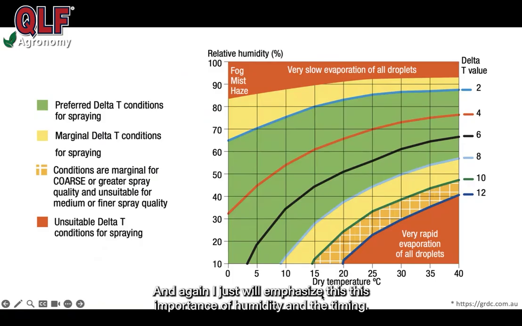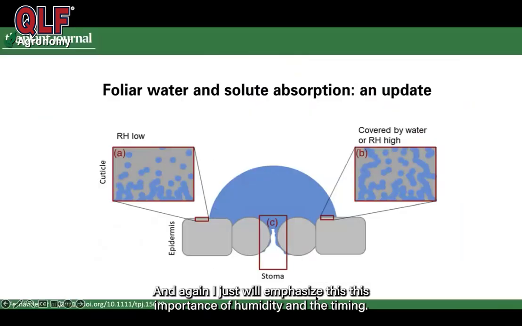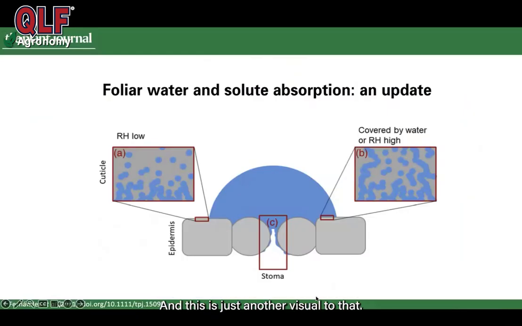And again, I will emphasize the importance of humidity and timing. This is just another visual for that. It really is such a key point. Here on the left-hand side, we have low humidity. Here's the hydration within the cuticle. You can see the cuticle is a lot more closed, retracted, tightened. Any hydration within that cuticle is all pulled down very low to the surface, whereas here where we have high humidity, or for example this is from underneath this droplet